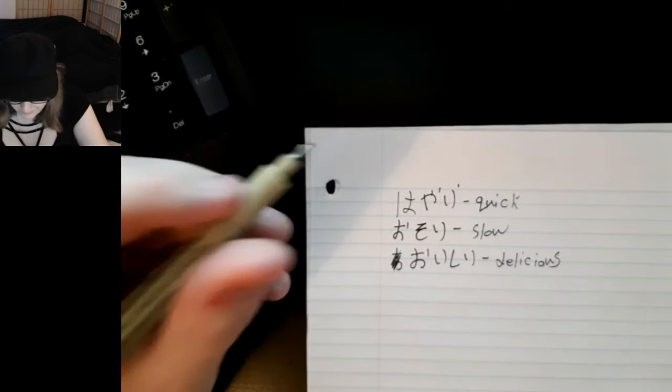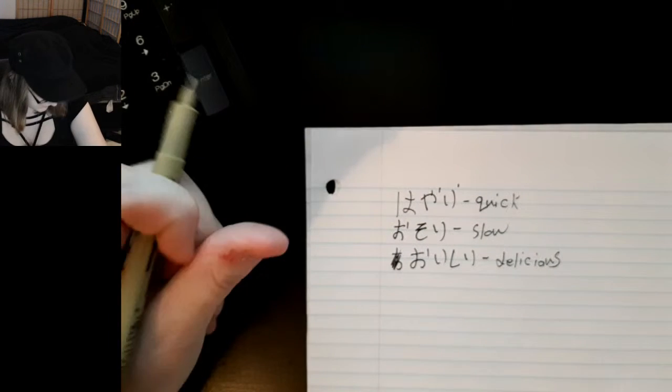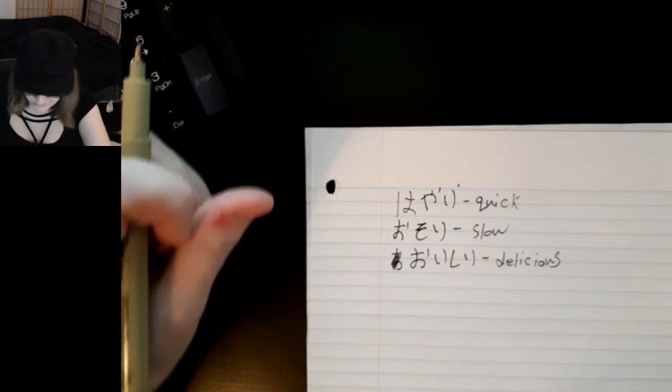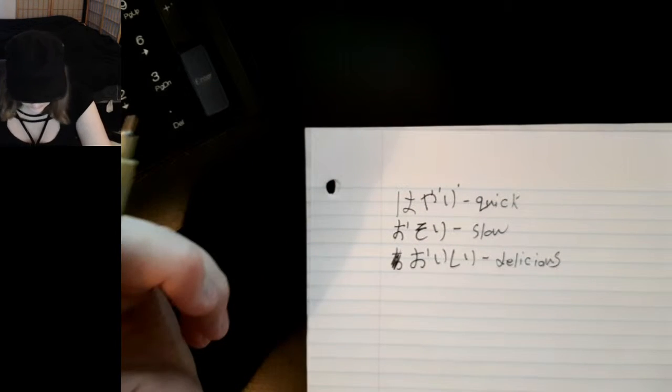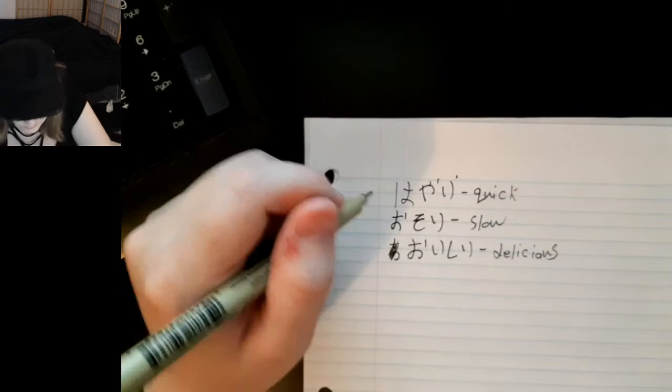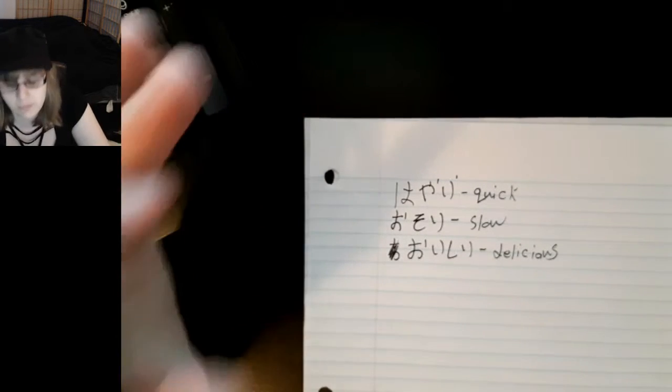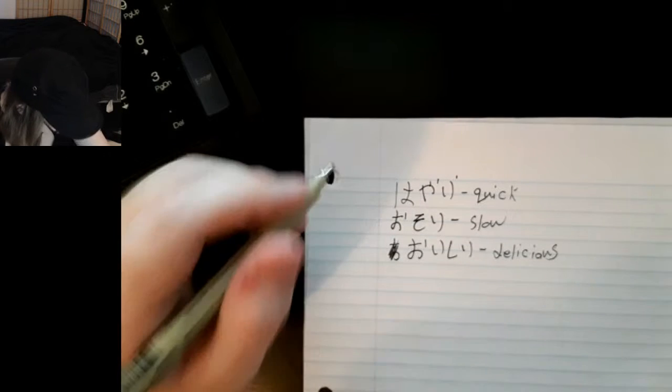Delicious. Now, the reason I'm including this is to show you the two different contexts of how we can use adjectives. Well, not the two different contexts, but the two most simple contexts which we will do for this stream. The first is if I said,